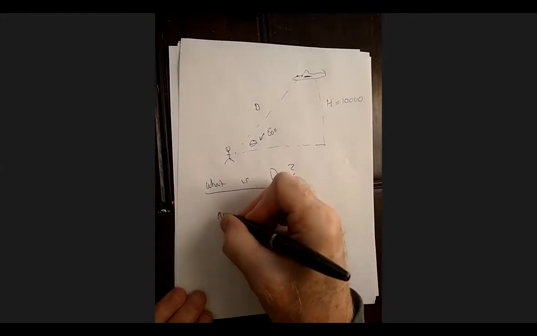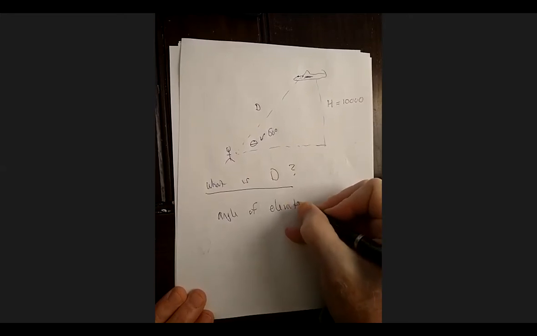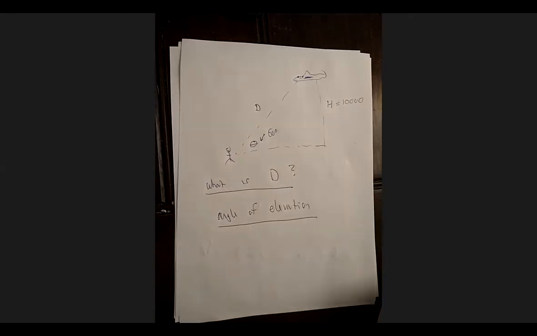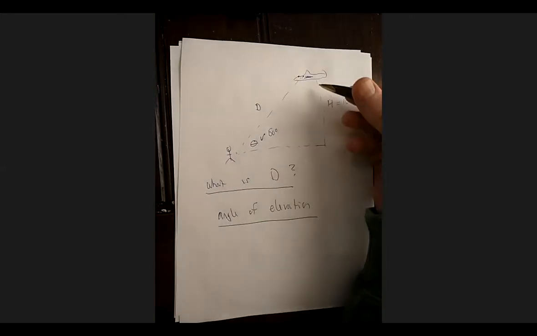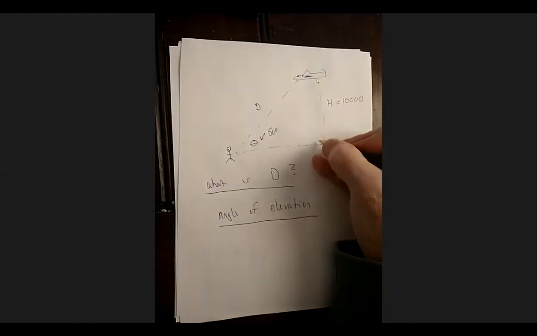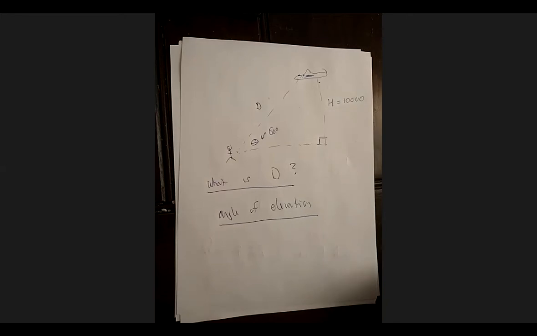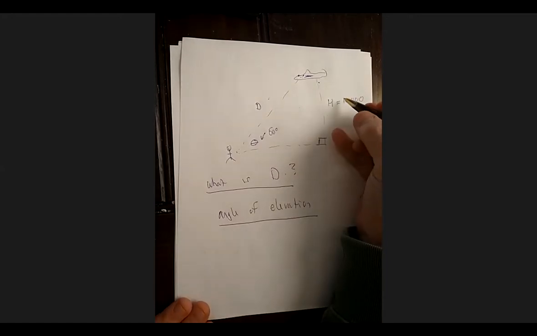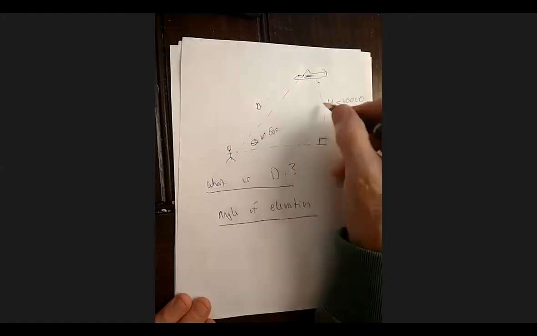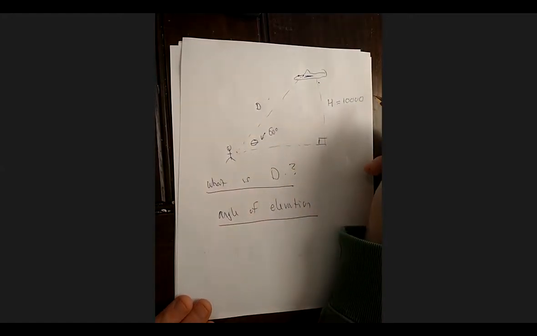So the key with this: any angle of elevation problem, if you see those words, you know that means it's going to be something where I have a right triangle, and I need to find two sides, or one side and an angle. So then the question might be, what is the distance? There are a couple different ways to do this. I'm going to form the sine ratio.